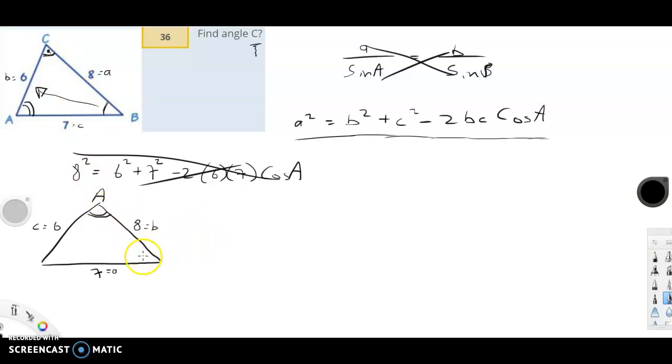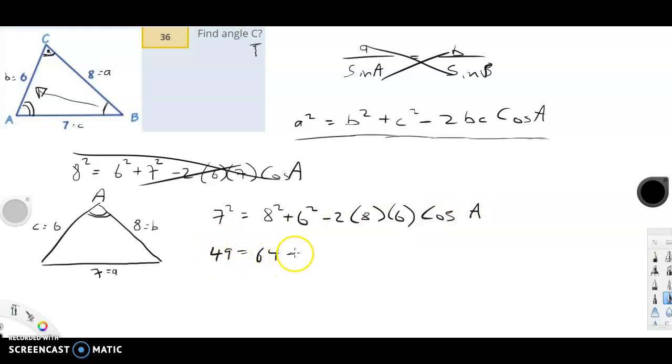So this is A, so a squared, we're going to use this rule now: 7 squared equals 8 squared plus 6 squared minus 2 times 8 times 6 cosine of A. We're looking for A. So 49 equals 64 plus 36 minus 16 times 6 times cos A. Right? Now, we can add the 64 and the 36, so we get 49 equals 100